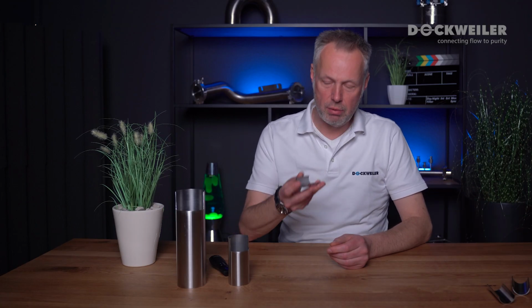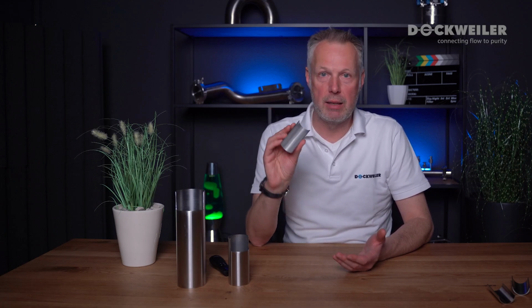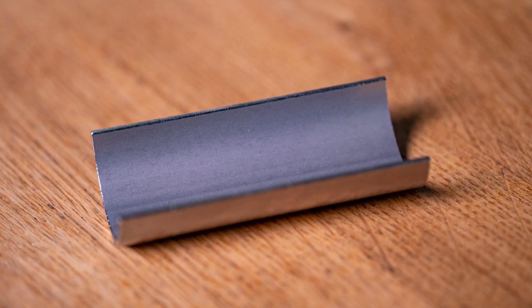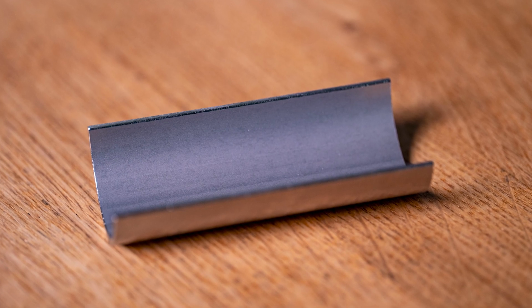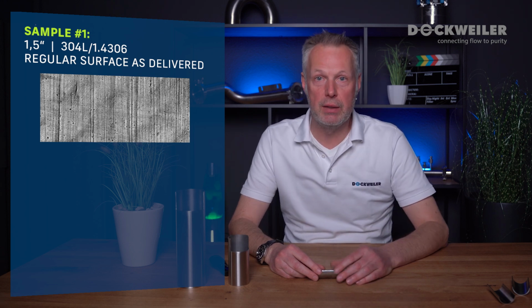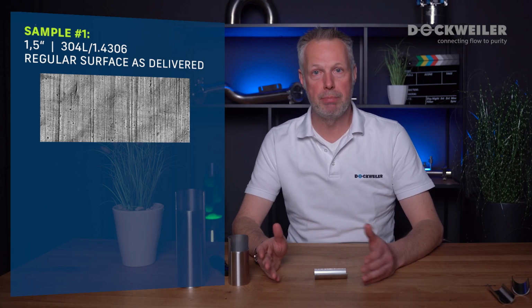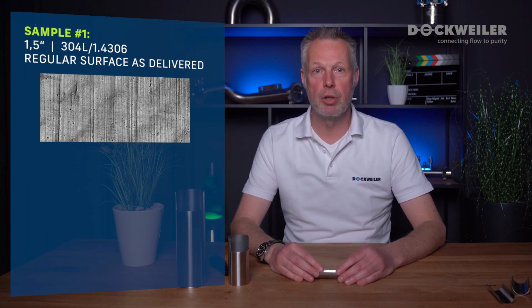Well, I was a bit curious, and then I had a short look at it under the microscope. So I took the samples and brought them to a microscope, and I had some other sample here, which is a very standard tube that we are using. And you can probably see it's a pretty bright, shining material. When you look at it via the microscope, you see this kind of surface pattern. A pretty regular pattern, a bit grayish, but actually in quite good condition.